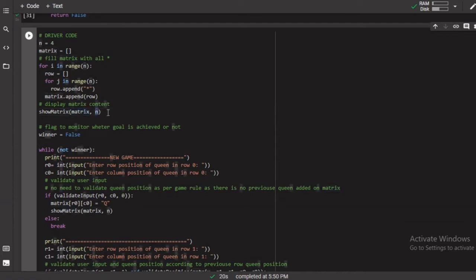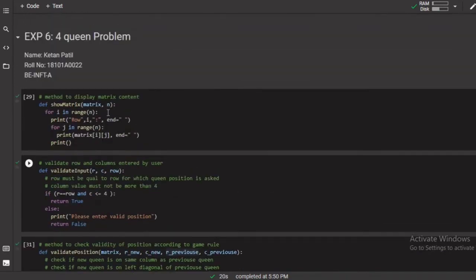In this method we are just running two nested for loops for i from 0 to 3, and j also from 0 to 3, and we are printing the matrix value at the position i, j. This is just to print the row number, and this is just to print the star, and this will go to the next line.